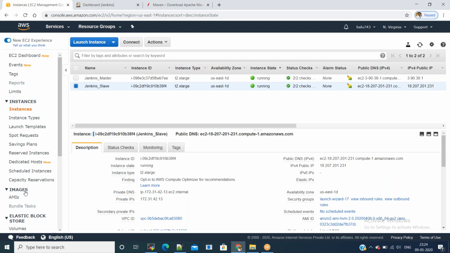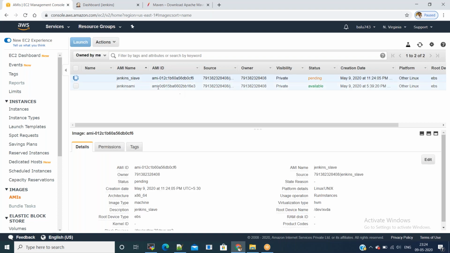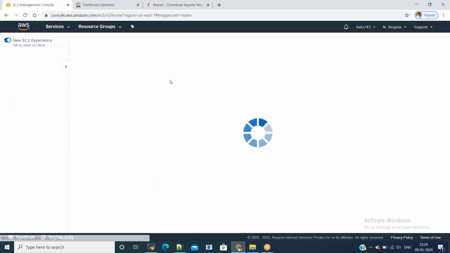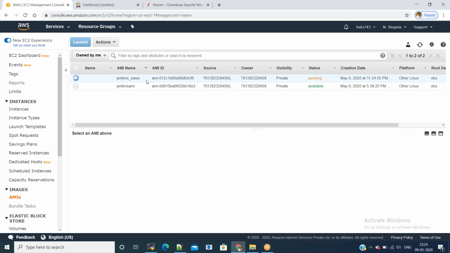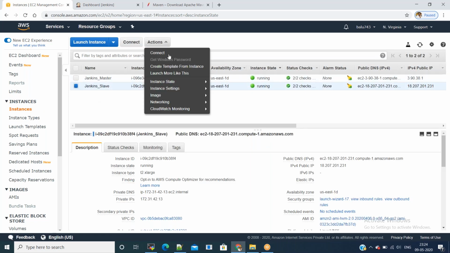Once you create the image, you will find the AMI ID, and we need it. Copy the AMI ID. You can drop your instance, we will not use it anymore. Whatever instance we created, once the AMI is ready, we can drop it.